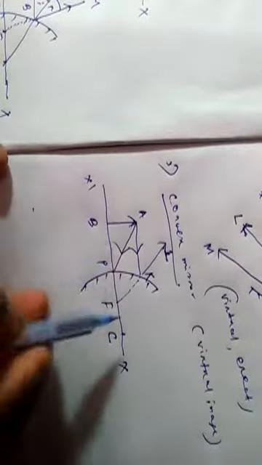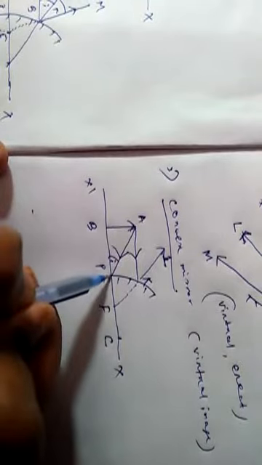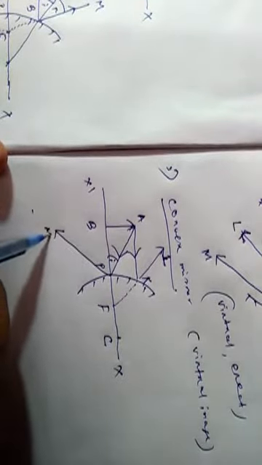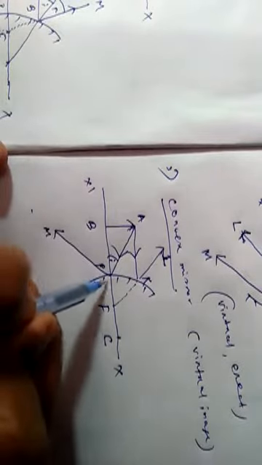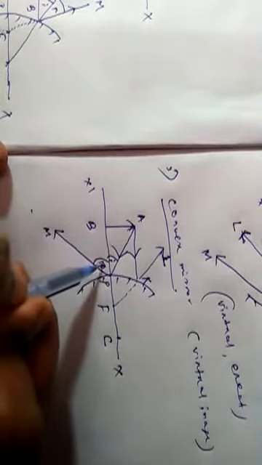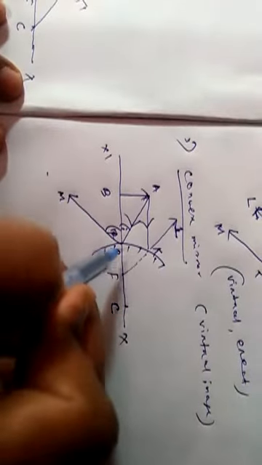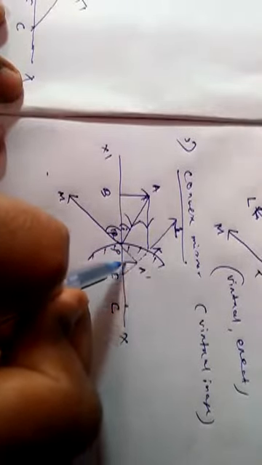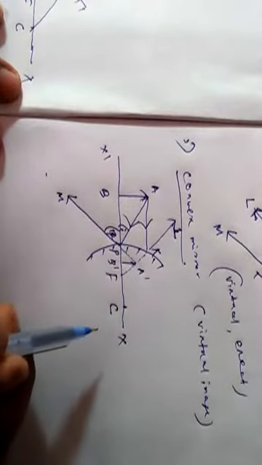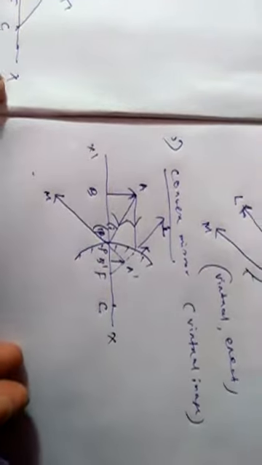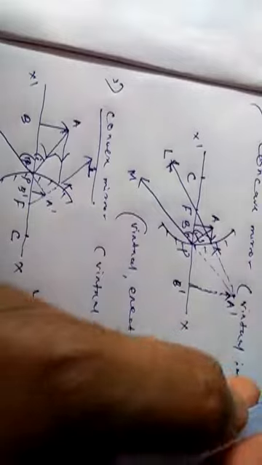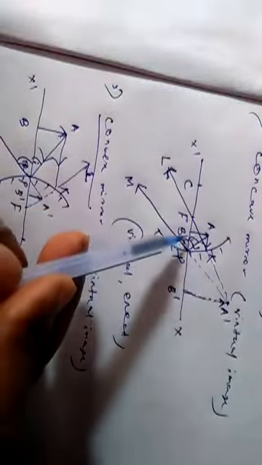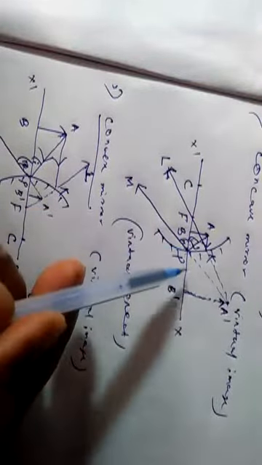Take another light ray, FP, I, angle of incidence. This is the reflected ray, PM. This is angle of reflection, R. If you extend it back side, then it will meet at the point A dash, and the image is formed, A dash B dash. A dash B dash is called virtual image. Okay, so convex mirror always produces virtual image. Concave mirror produces both real and virtual image. If the object lies beyond center of curvature, it produces real image. If the object lies between pole and focus, concave mirror produces virtual image.